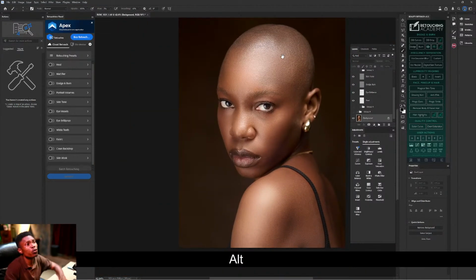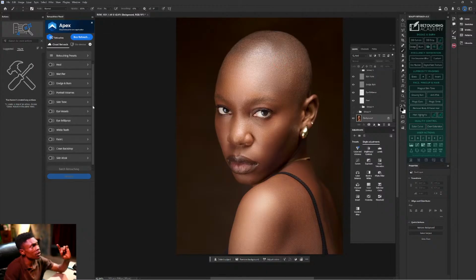But if you do fashion, buy Fabric. If you are a fashion photographer, buy Fabric. Then another most important one if you do fashion, Fabric and Clean Backdrop.